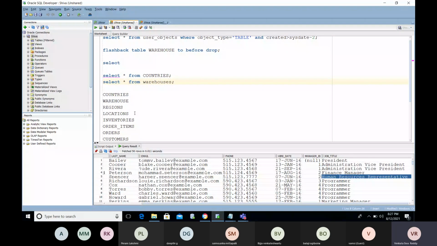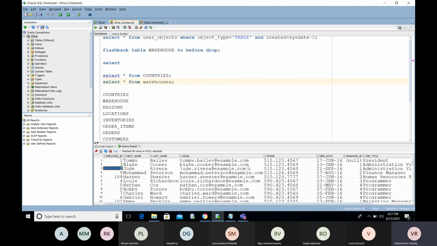My suggestion is to take all the columns, at least read them one by one. Try to understand the meaning of each column. See, job title, hire date, in the sense of joining date. A lot of people do not know this hire date. Now we are English medium, so we know. So employee ID, first name, last name. So how to append the first name and last name while retrieving the data?